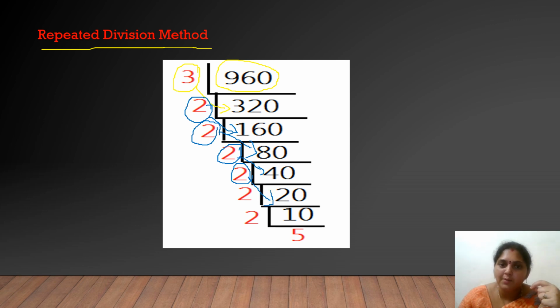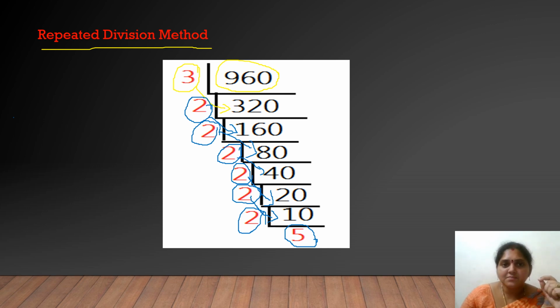Again this 20 will be followed by 2. You will be getting your answer as 10. At last this 2 can be divided by 5 for getting our 10. So 2 into 5 is equal to 10, and 5 is my prime number. Now we will stop here, because the starting number should be a prime factor number, and the ending also should be a prime factor number. When we are multiplying all these numbers, you will be getting the answer 960.